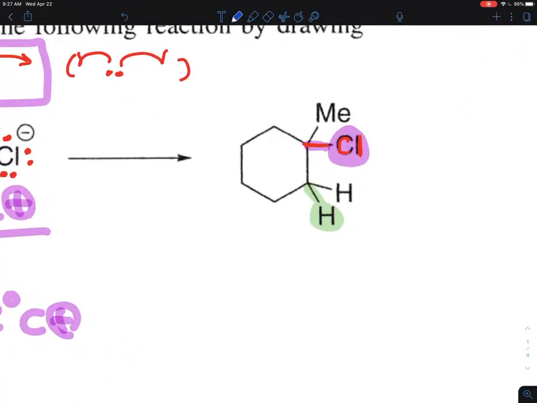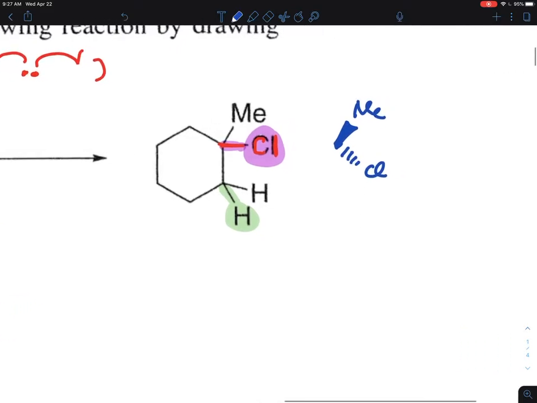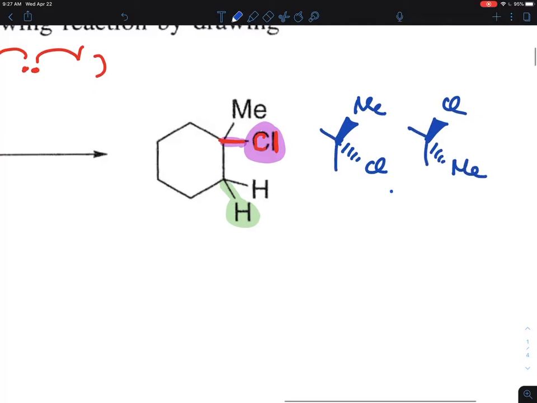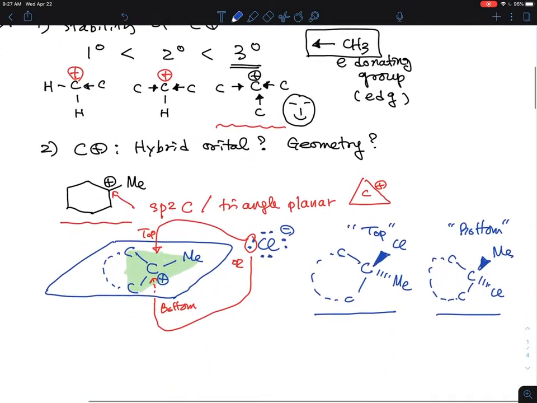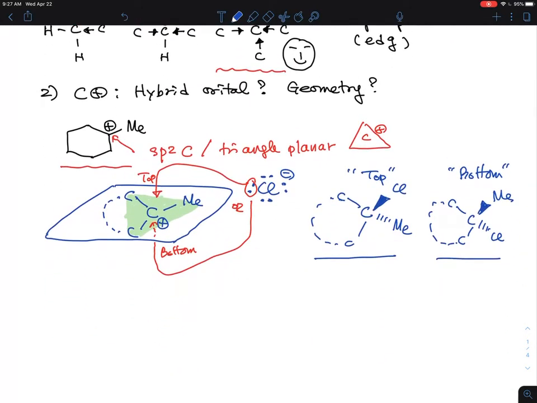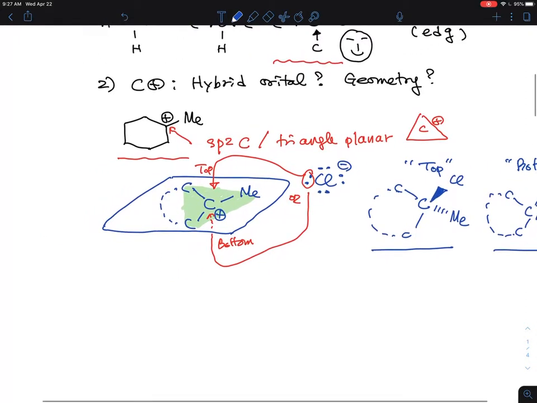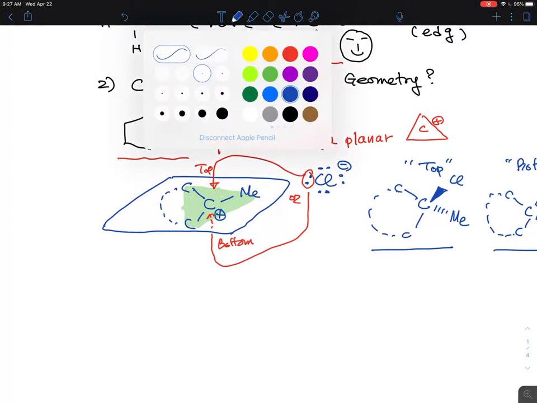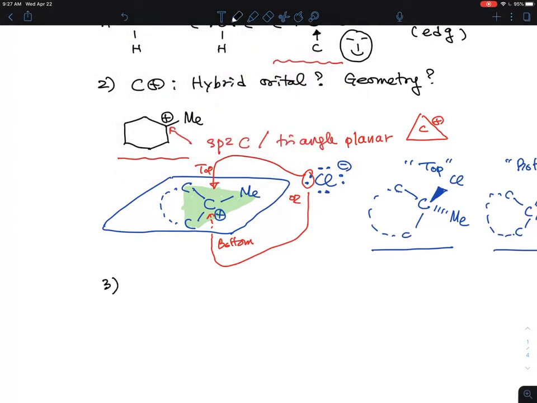Okay, so this is the same thing as the one that you see here when they show the stereochemistry nature, and either methyl or chlorine, actually chlorine can be from the top and methyl can be at the bottom from the structure that you see here. So that will be the case, but now let me talk to you once more. This second portion is related to the third one, which is chiral carbon center,